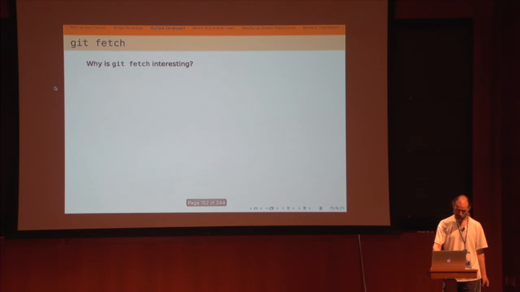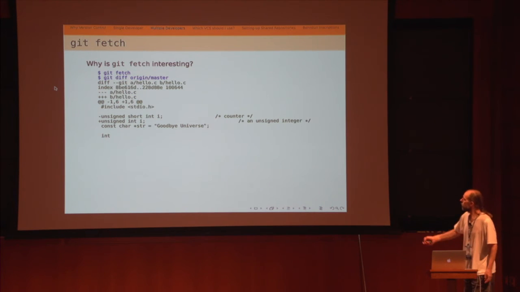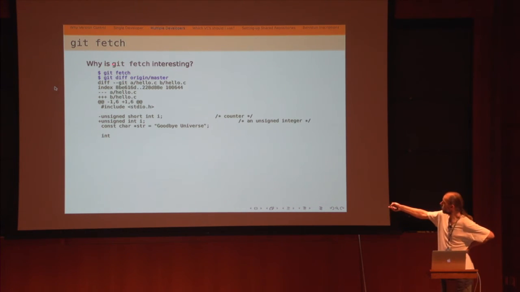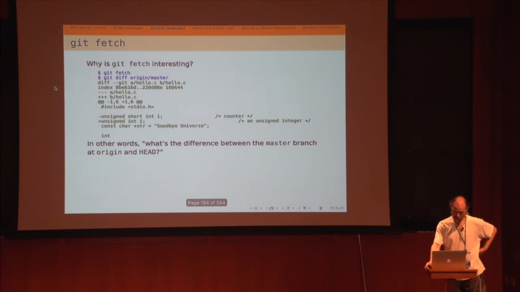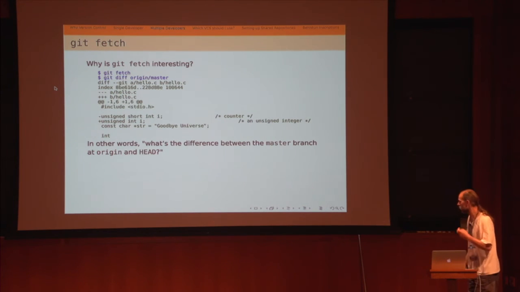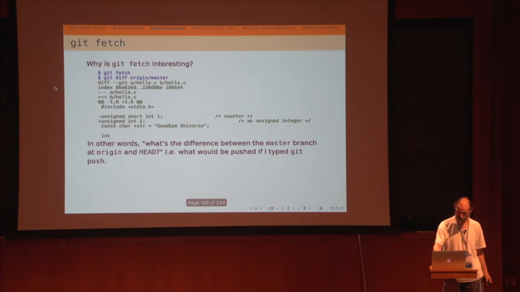It just works. So why is git fetch interesting? The reason is that if I fetch the changes, I can ask what the difference is between my version and the version that's at the origin. I can see the changes that are going to be made. So when you're a bit nervous that you don't know what Anatoly has done, and you want to know what's going to happen if I do a pull, if I do a merge, this is how you do that. Again, it's a somewhat obscure set of commands.